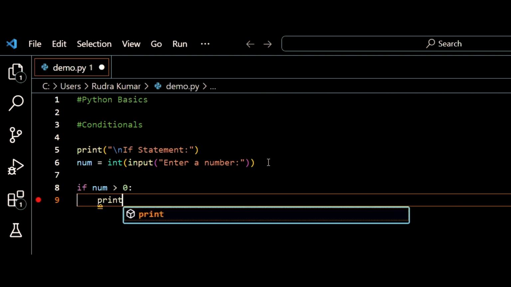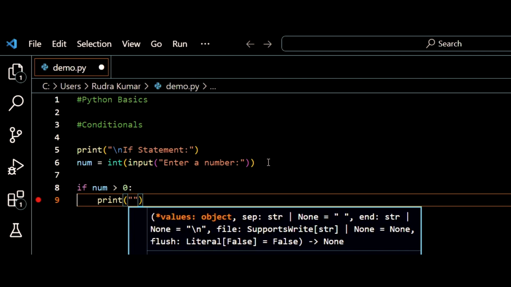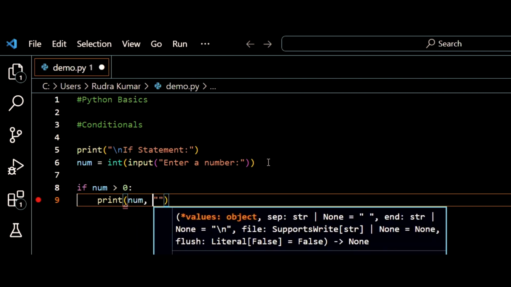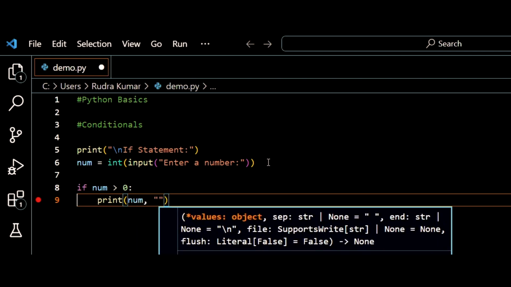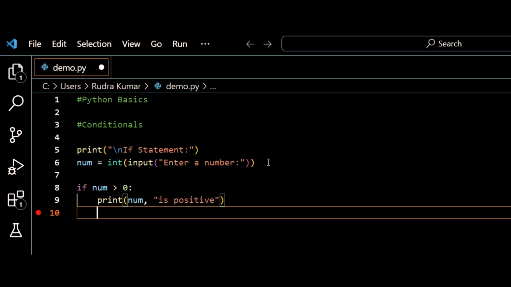Print the statement, before we put in the inverted, we're just gonna put num comma num is positive. There we go. So that makes sense, yeah. We don't have to define what is greater than 0. Python is smart enough to understand that if it's positive, it's gonna be greater than 0. So it's just gonna print out this statement if the number the user has inputted is a positive number greater